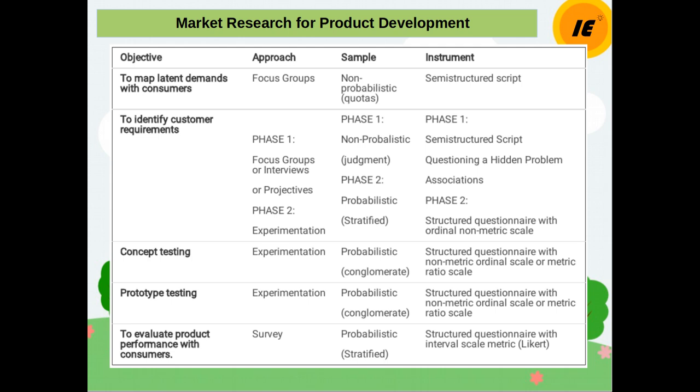In this case, the ordinal non-metric scale as well as the metric ratio scale can be applied. And of course, the last step is the same for all the problems. Now we'll go into the prototype testing, and I think that is the same for approach. As far as approach is concerned, it is the same as the concept testing. The causal phase, the approach will be experimental,